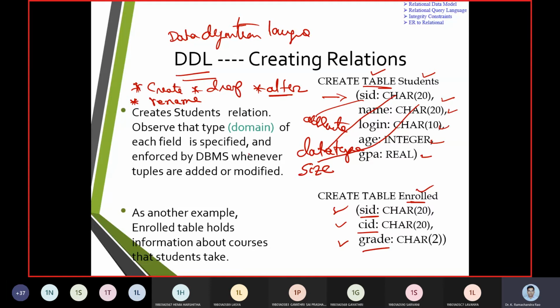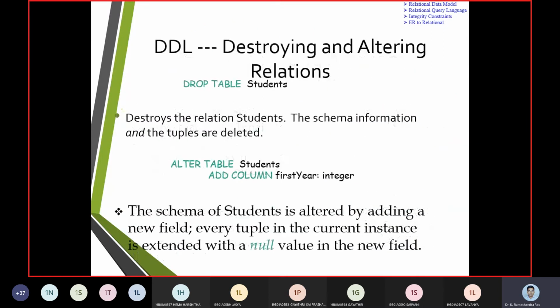Now this part of the content we are going to call the schema. That is table name student, table attribute name student ID, table data type character, and table size, how much it is, 20, 10, whatever it is we are going to mention.